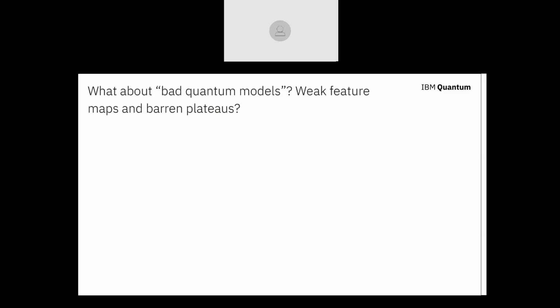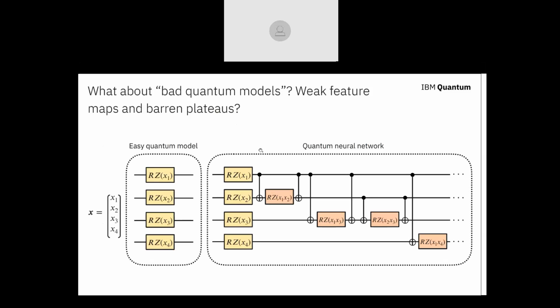So what does that mean? What is a bad model? Well, we simply swapped the feature map. So we swapped the data encoding strategy to something that's quite easy to simulate classically. So we call this the easy quantum model with this easy data embedding strategy, this easy feature map, as opposed